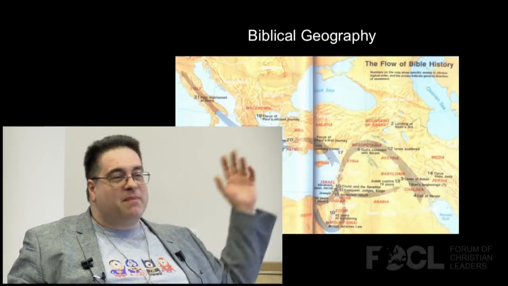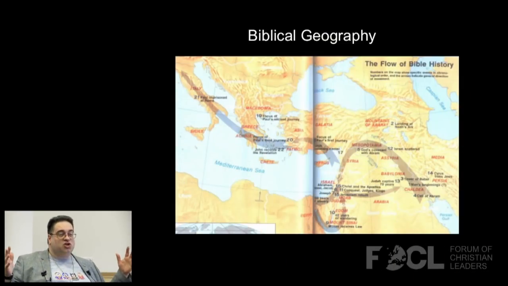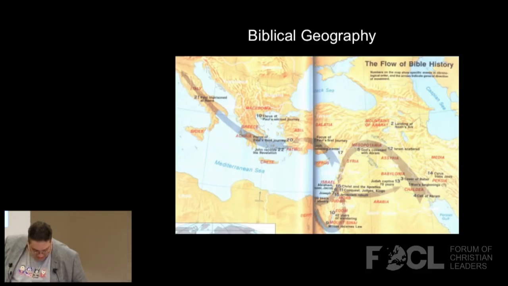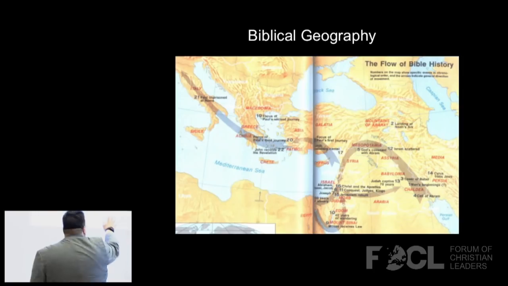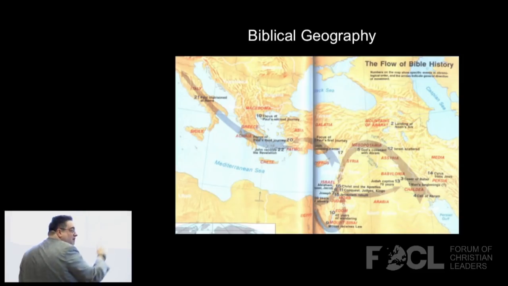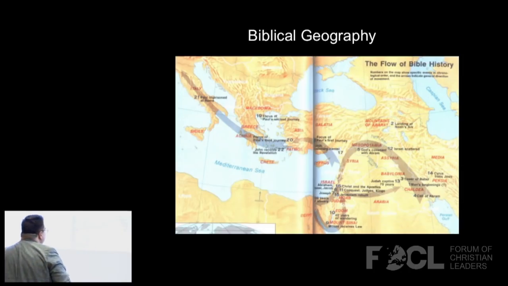But just to give you a little bit of a preamble to thinking about archaeology in relation to the Bible, let's start with looking at a map of biblical geography and the geography of the story of the Bible. So you'll see right smack bang here we have Israel, and we have a number of arrows on the screen representing the Exodus into Egypt and back, going into Egypt and the Exodus out of Egypt back into Israel.